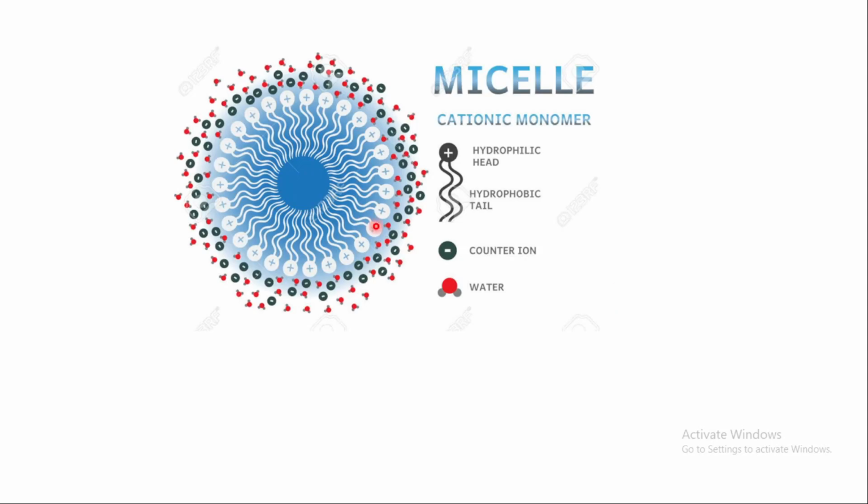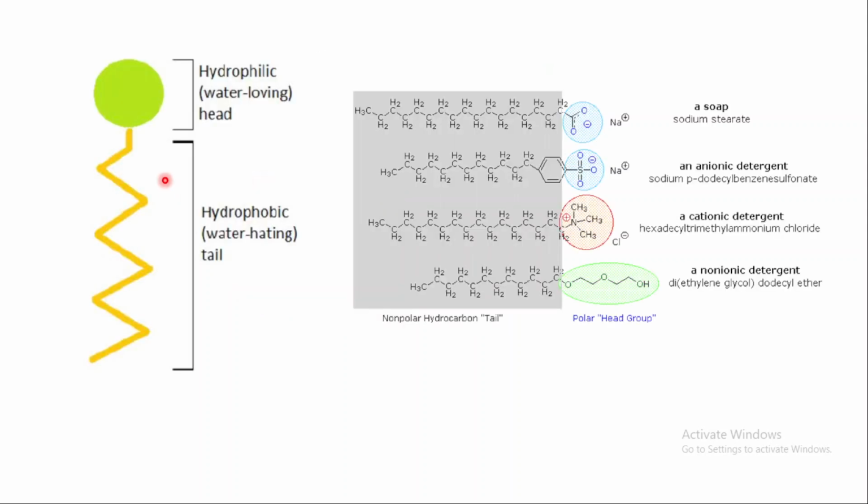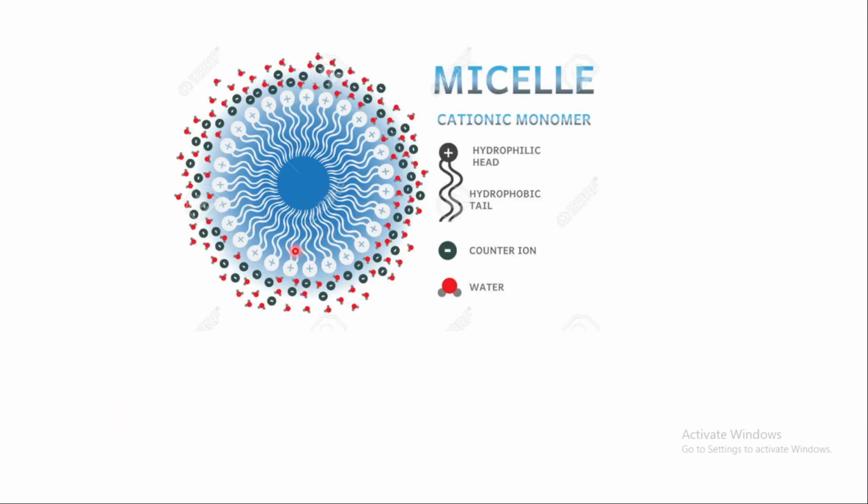Now, if we look at this complex structure of surfactant, previously we looked at a single structural unit of a surfactant. This is an example of a surfactant structure called a micelle, the complex structure. And in the micelle, this represents the structural unit. There is this hydrophilic head, plus plus plus plus, and a hydrophobic tail, and this is the counter ion. So here it shows a